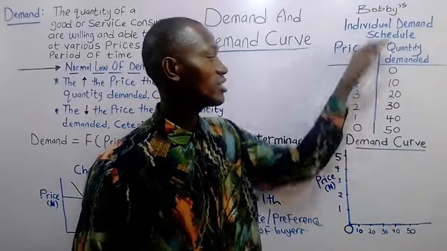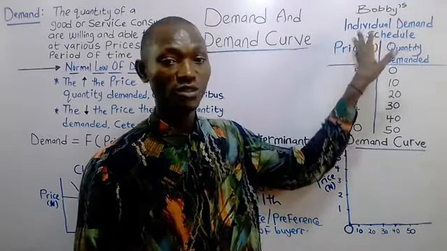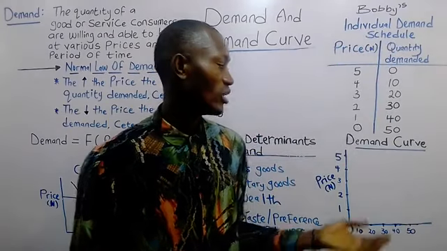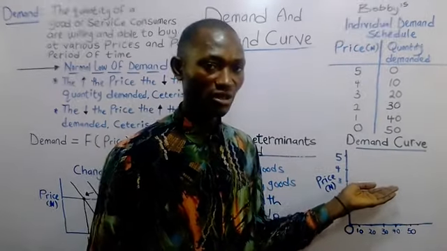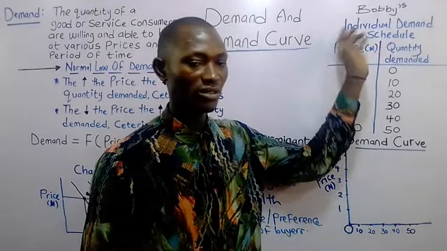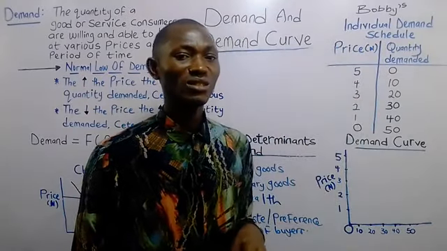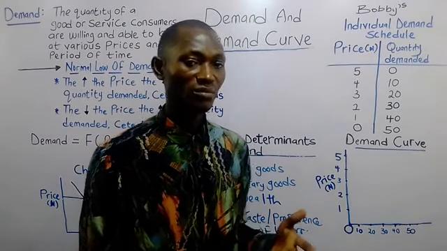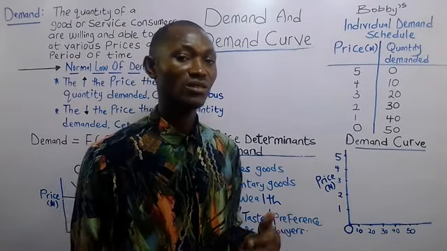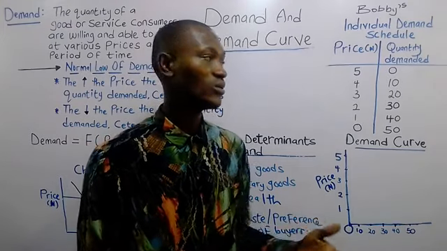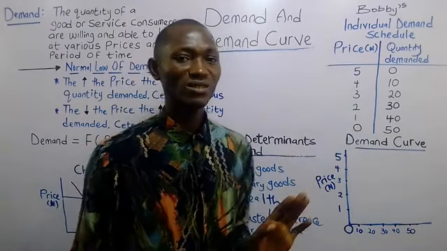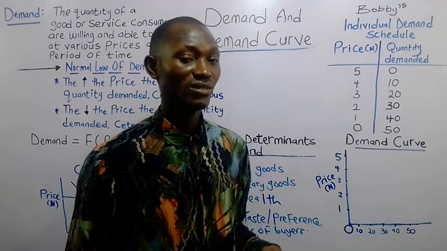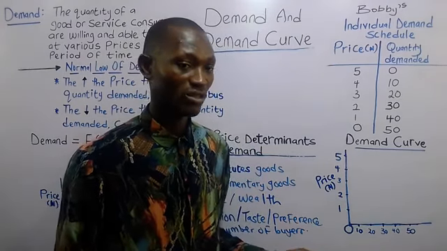So this is the individual demand schedule for a consumer called Bobby, who is in the habit of buying petrol. And we are going to be drawing the demand curve for this consumer as well. So demand schedule is basically drawn also on the concept of ceteris paribus, which means all of the factors are held constant. So demand schedule is a tabular representation showing the list of prices and quantity demanded for a commodity.